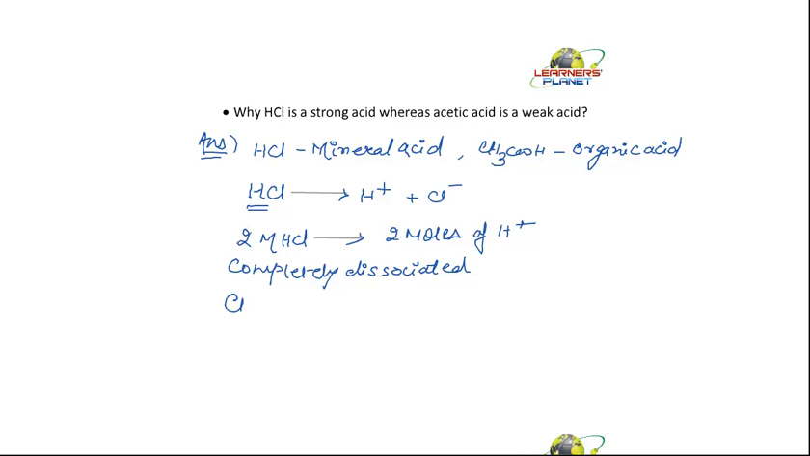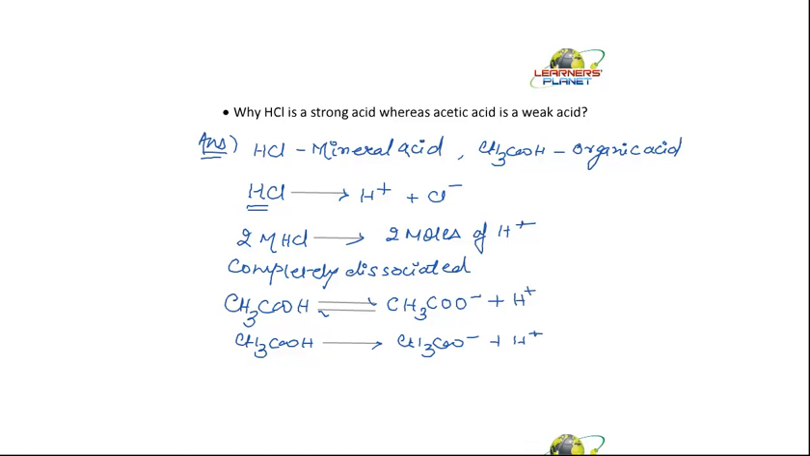Then what about CH3COOH? CH3COOH undergoes partial dissociation. Okay, so this is the partial dissociation, that is, it is a reversible process. And what are we getting? We are getting CH3COO minus plus H plus. That is, CH3COOH is dissociating into CH3COO minus plus H plus,